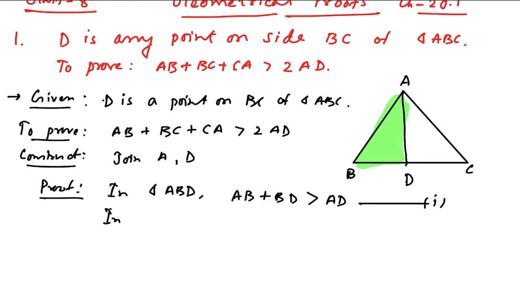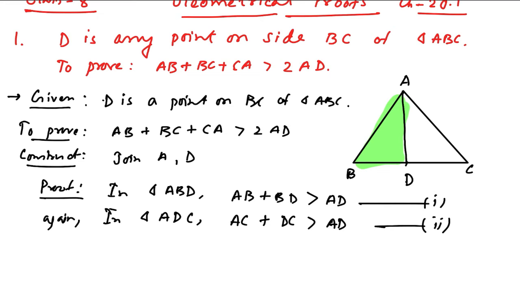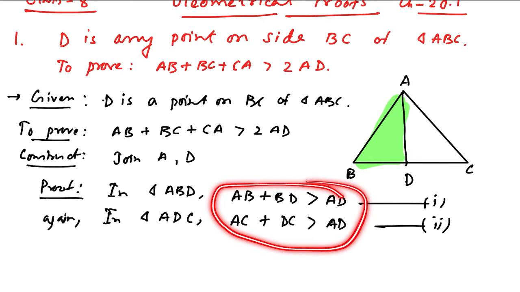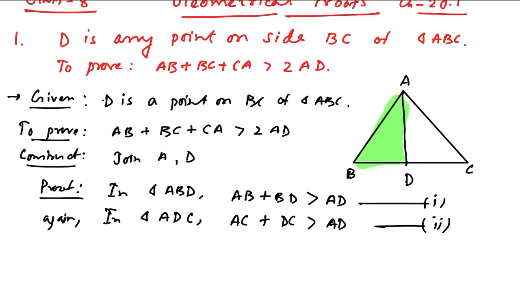Similarly, again in triangle ADC, what do we get? AC plus DC is greater than AD. Put this as number 2. Now add these two, add this part and this part. What will we get? Adding 1 and 2,